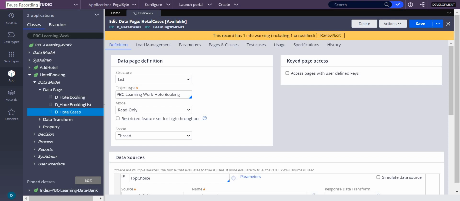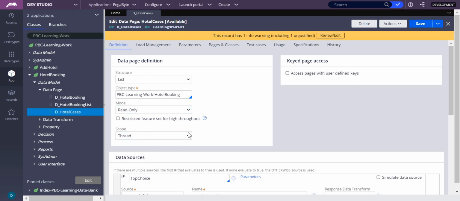Today we are going to discuss data pages. In data pages we know that a data source is available. Can you see here? A data source is available. So till now, in a data page we could have only added one data source, but in this video we will be discussing adding multiple data sources, where based upon certain conditions we execute either of them.